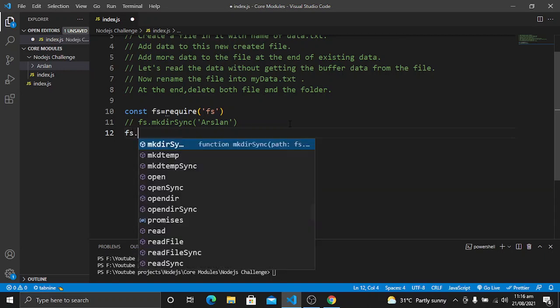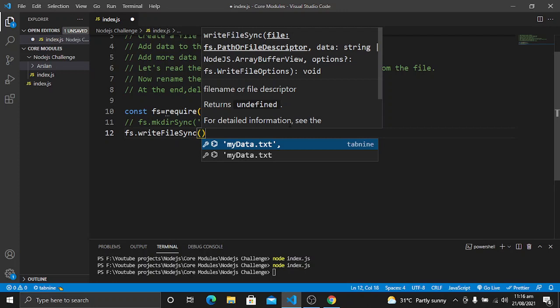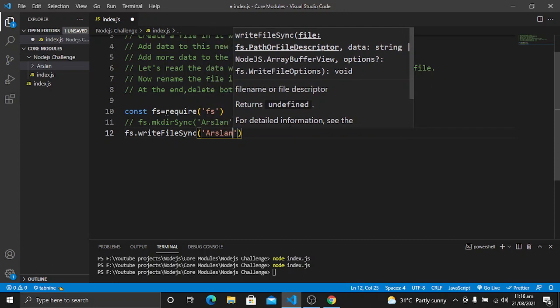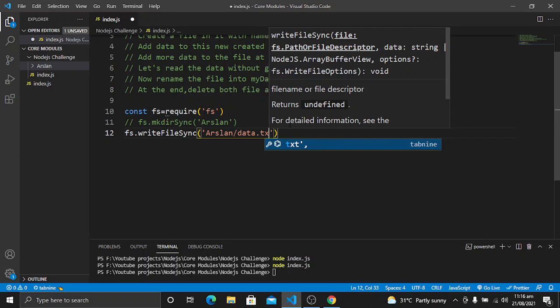For this we will use writeFileSync, as we have used in the earlier step. The file that we want to create will be in this directory, in arsan, which is the name of the folder. So here I want to create data.txt,